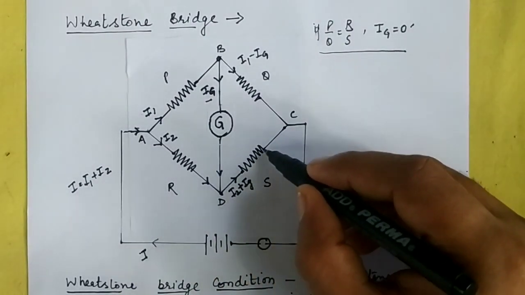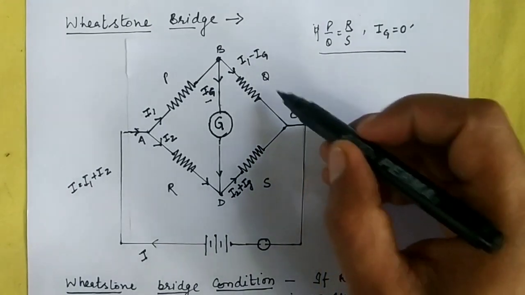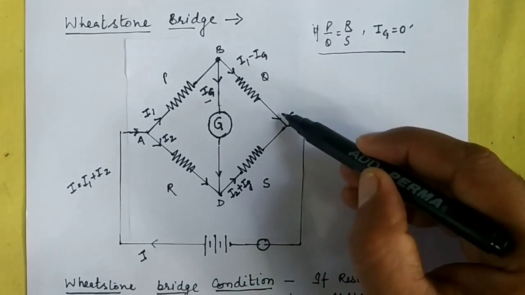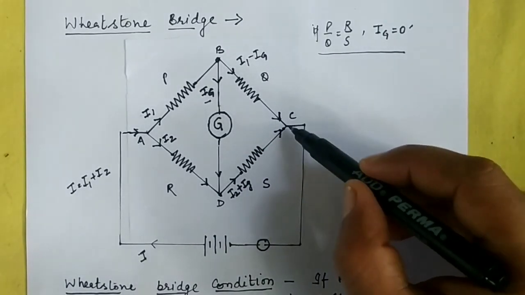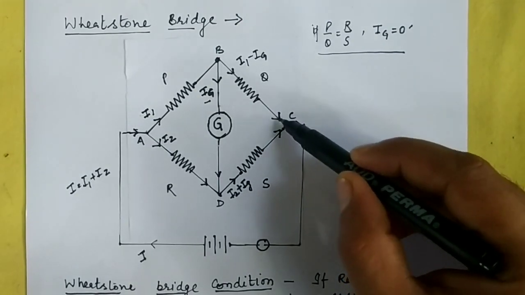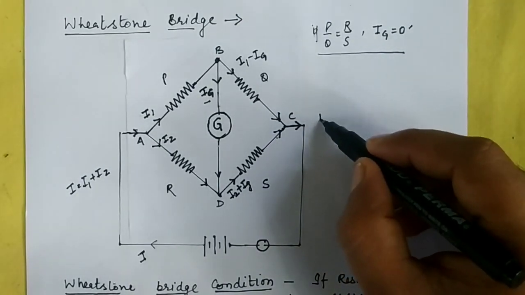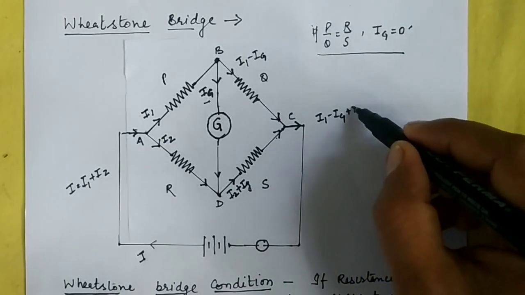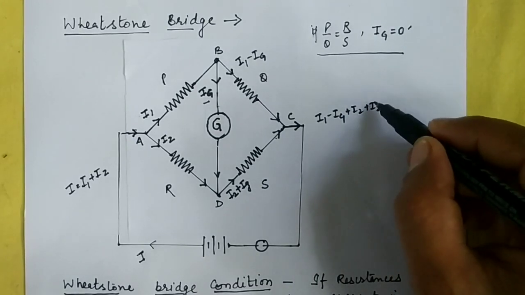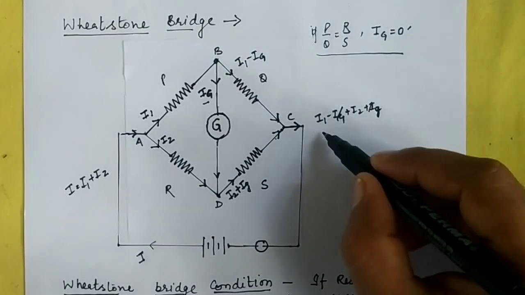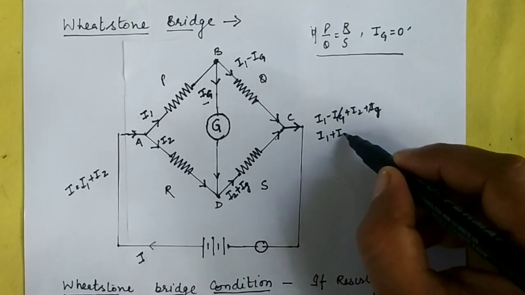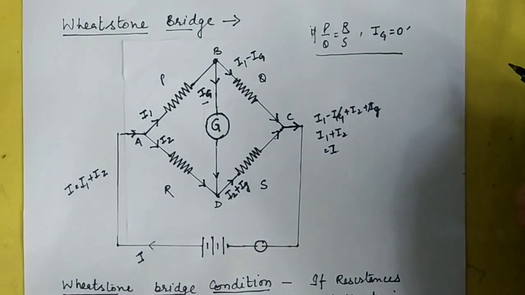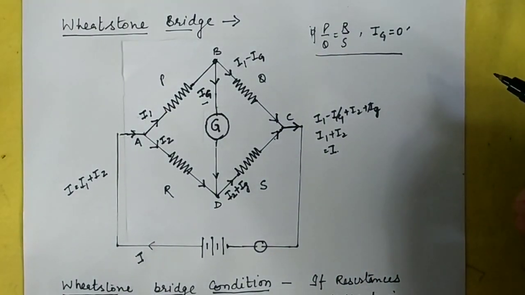And again this current is going from this line, and the I minus Ig current is flowing through this line. So these are the currents entering the junction. The total current leaving the junction should be equal to the sum of these currents. So that is equal to I1 minus Ig plus I2 plus Ig. Here you can see that Ig gets cancelled out. Here the current is equal to I1 plus I2, which is nothing but the current I. So this is how we applied the junction rule.